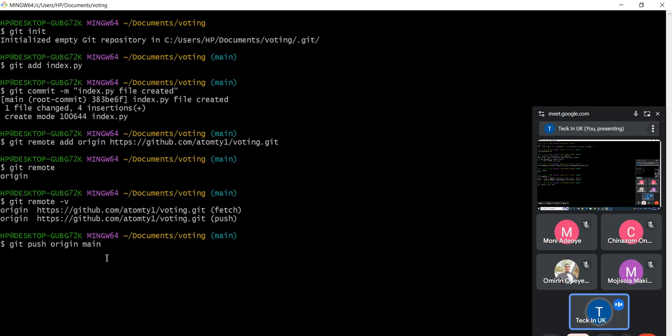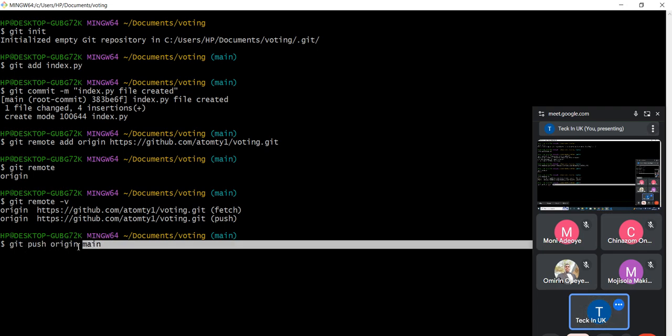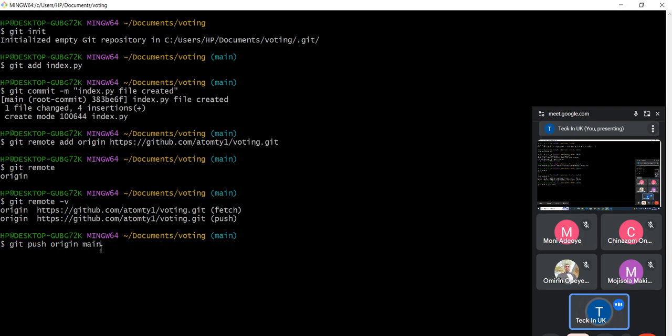Maybe by next stage, we will see how you can also use SSH instead of logging in. There's another way you can use SSH also to push. So git push origin main. Git push origin main. So if you push the codes now,